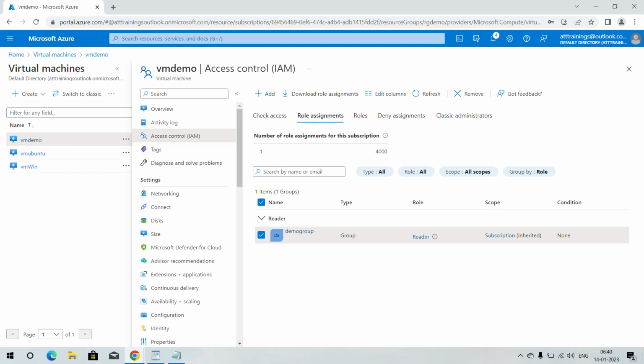So now you can understand that the roles which we assigned at the subscription level are inherited at the resource group level as well as at the resource level, and the permissions which are assigned at the subscription level are imposed on the child resources of that subscription. Nobody can remove those IAM rules from the role assignments if those are assigned at the higher level of that particular resource. Thank you.